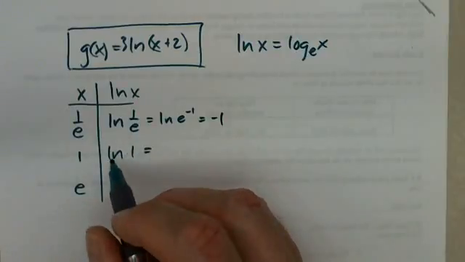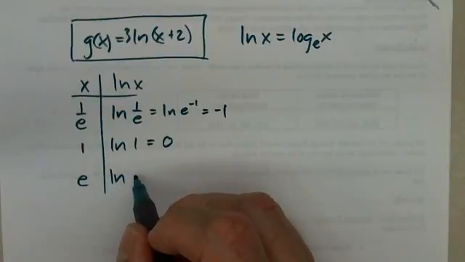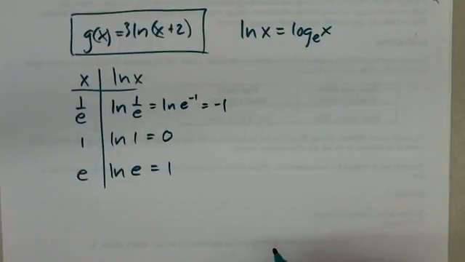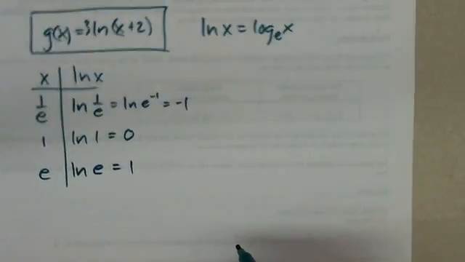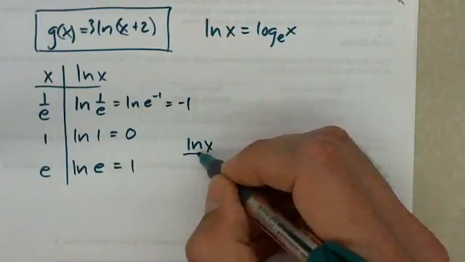Ln of 1, to what power do you raise e to get 1? You raise it to the 0. To what power do you raise e to get e? You raise it to the 1. And we have points for the parent function. And then we can look at the transformation. Ln x